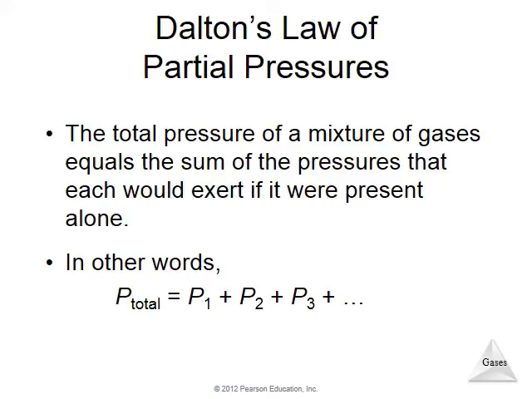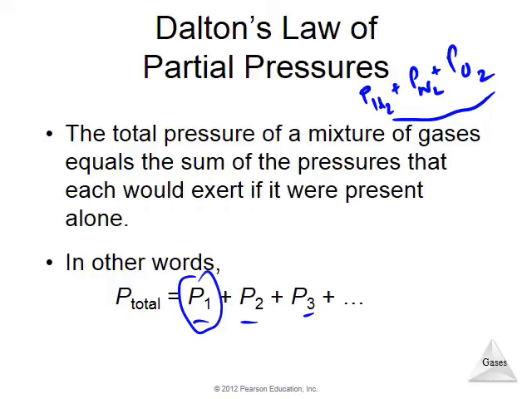Here we're going to discuss Dalton's law of partial pressures. So if you have a mixture of different gases, say for example I have a mixture of hydrogen, nitrogen, and oxygen, so total pressure will be given by the sum of individual pressures, and that's why we are using the term P1 plus P2 plus P3. And this is the expression given by Dalton, and the individual pressure of a component in a mixture would be called partial pressure.